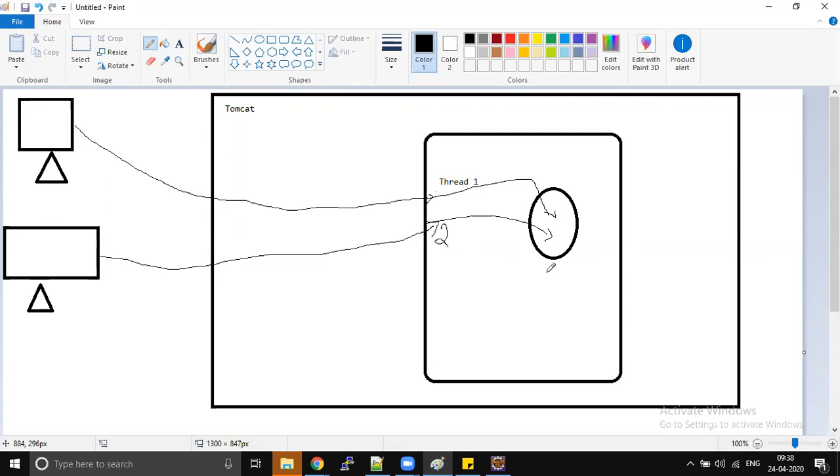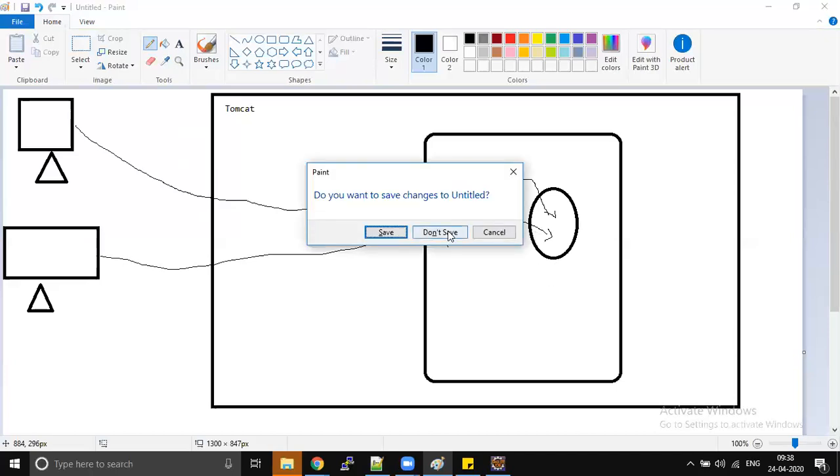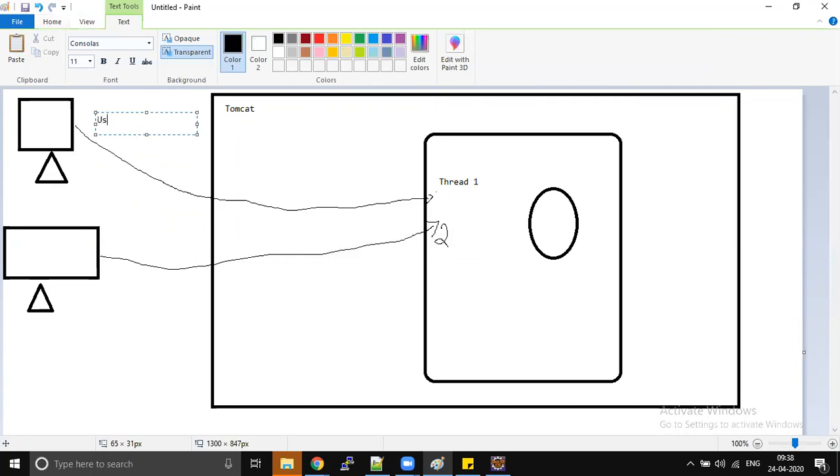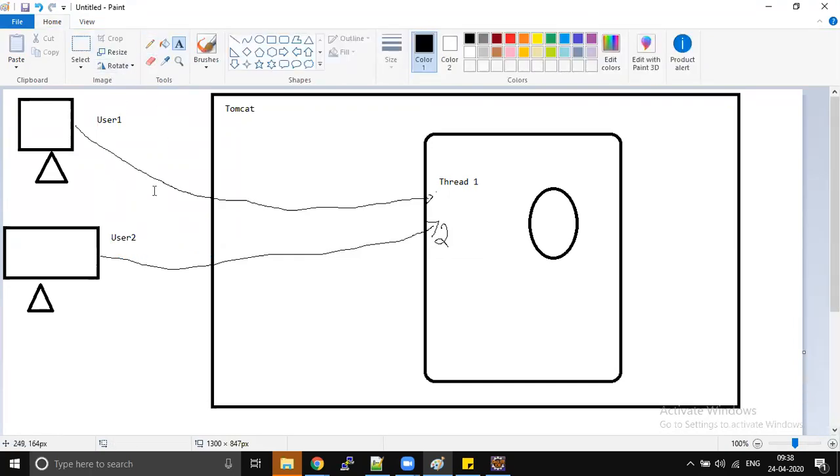So user one came and user two came. For example, let's discuss a funny scenario. Let's assume this is a banking application. This is user one and he is a fraud user. He doesn't have any account balance. We have a user two, a good user. He has a good amount in his account.